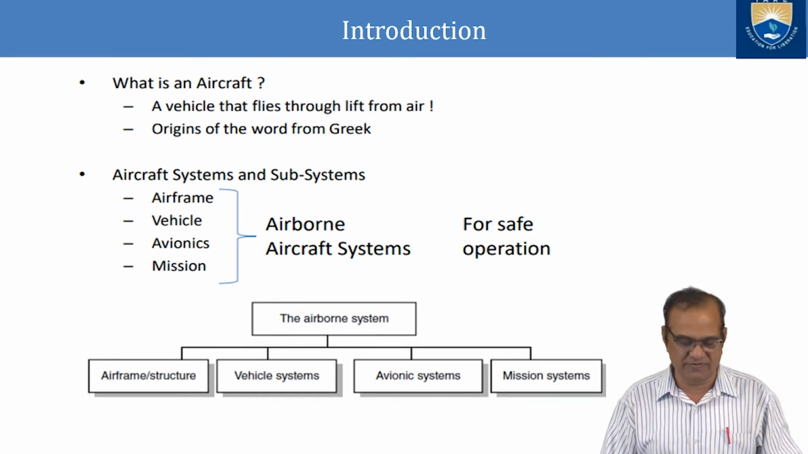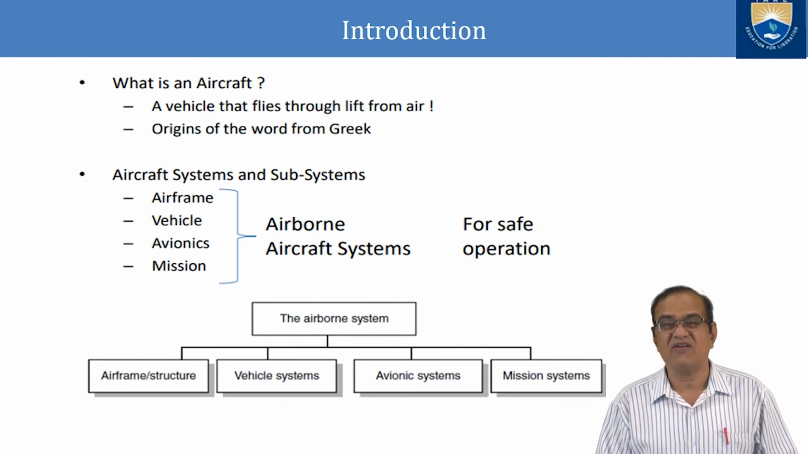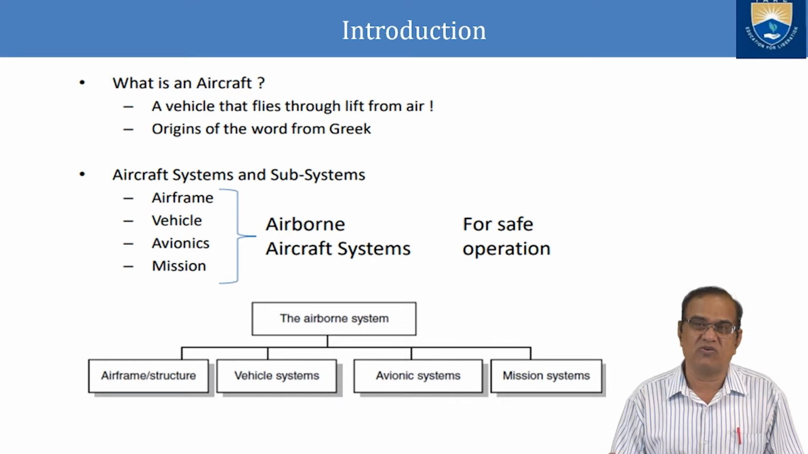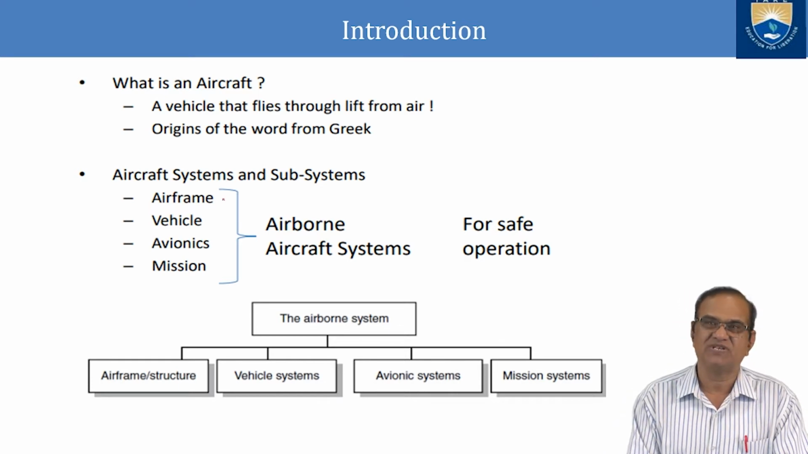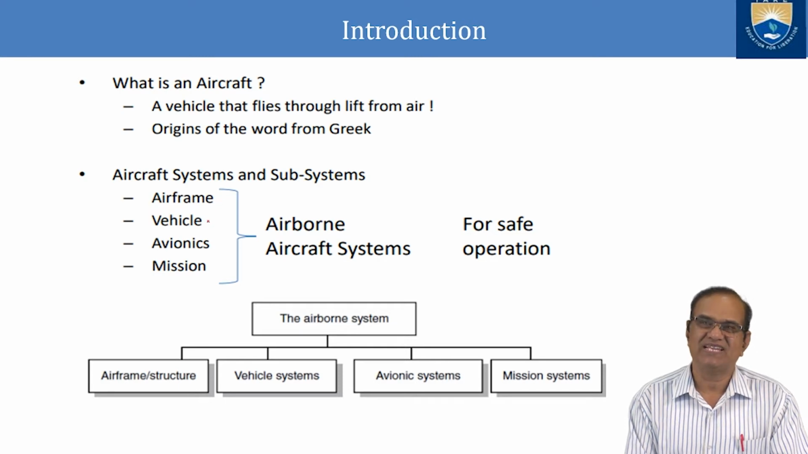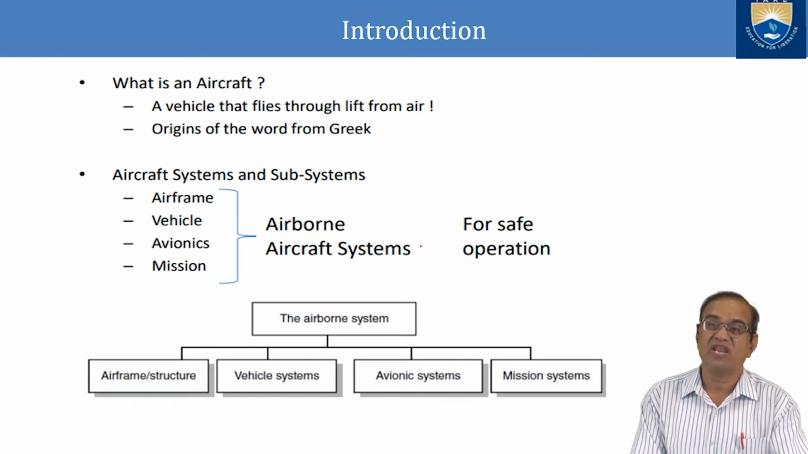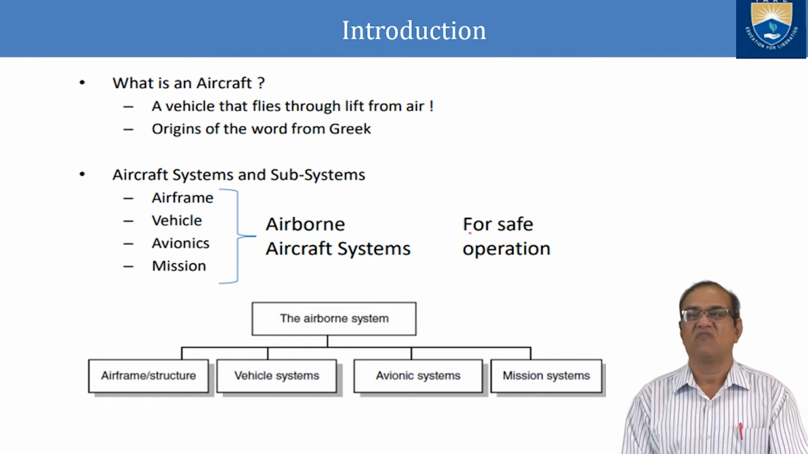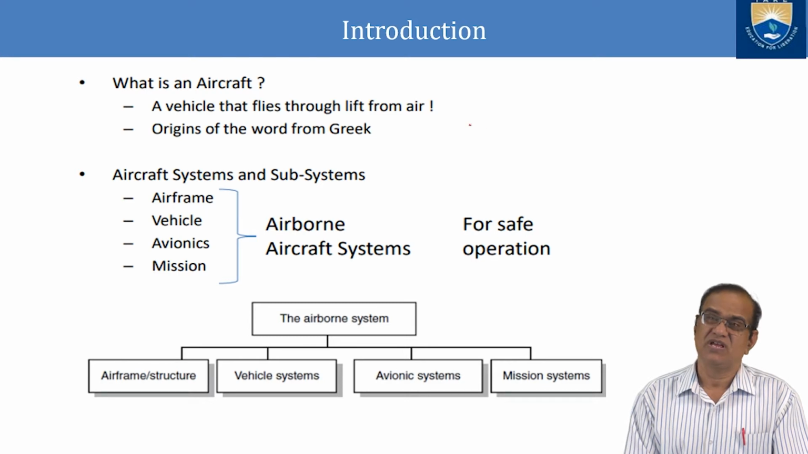Aircraft systems and the subsystems. Aircraft can be divided into the 4 main systems. First one is the airframe system, then vehicle system, then avionics system, and the mission system. They are airborne aircraft systems, and they are very much required for the flight safety, for the safe operation of the aircraft. The flight safety is